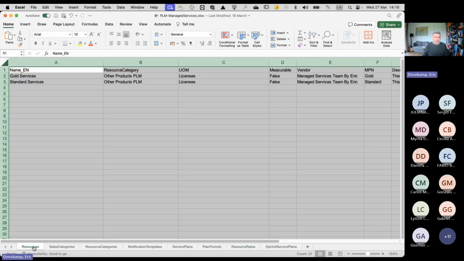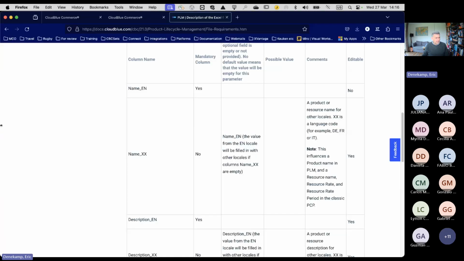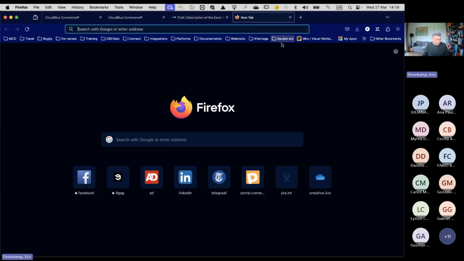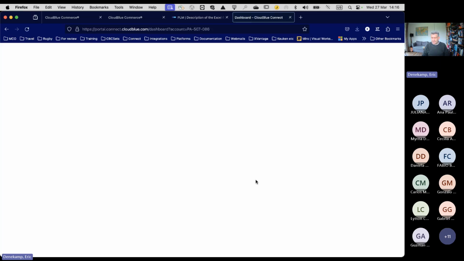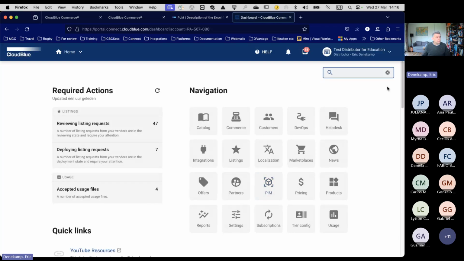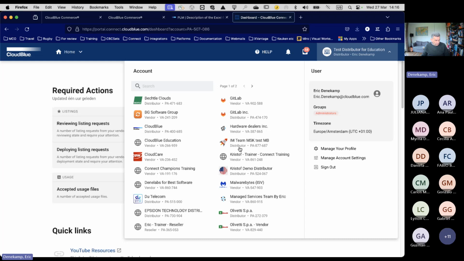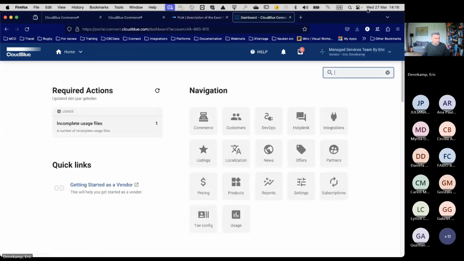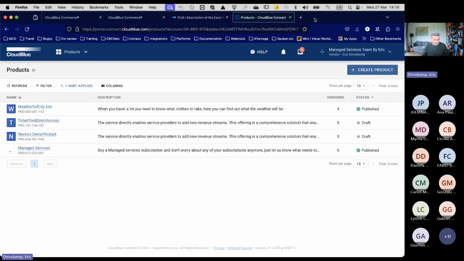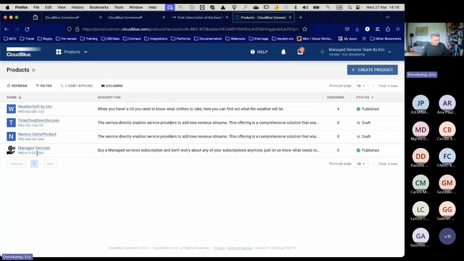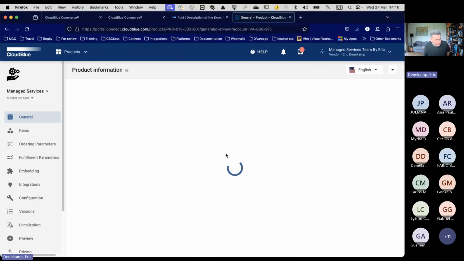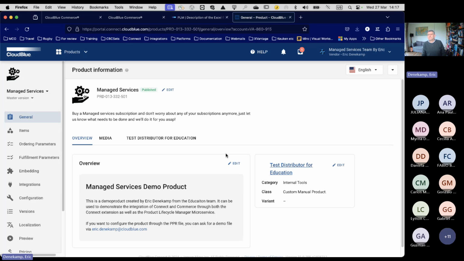And let me now do something that people would say, hey, you should do that in the Connect end user training. I'm going to also do it there, but I'm going to show you my product that I have created this PPR file for. So I call it managed services. It was a little bit of a fake service so that I could demonstrate importing and stuff like that.